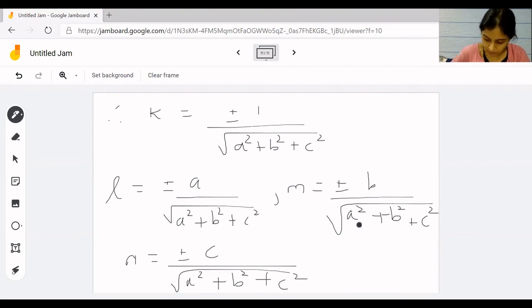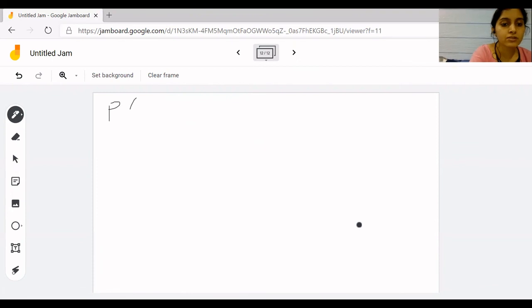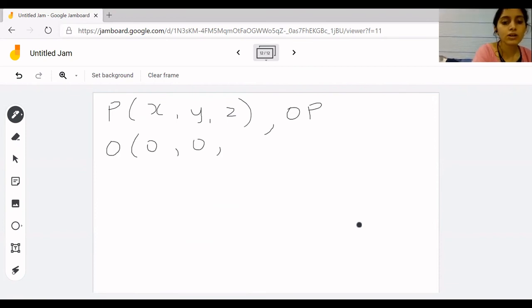Now, if P is X, Y, Z, any point in space, then the direction ratios of the line OP are X minus 0, Y minus 0, and Z minus 0, that is X, Y, Z. So let us say that we are taking any point P which has the coordinates X, Y, Z. Then what is OP? It will be from the origin, so O coordinates will be 0, 0, and 0. So what can we say about the direction ratios then? X2 minus X1. So for OP it will be X minus 0, Y minus 0, and Z minus 0. So we'll say direction ratios are